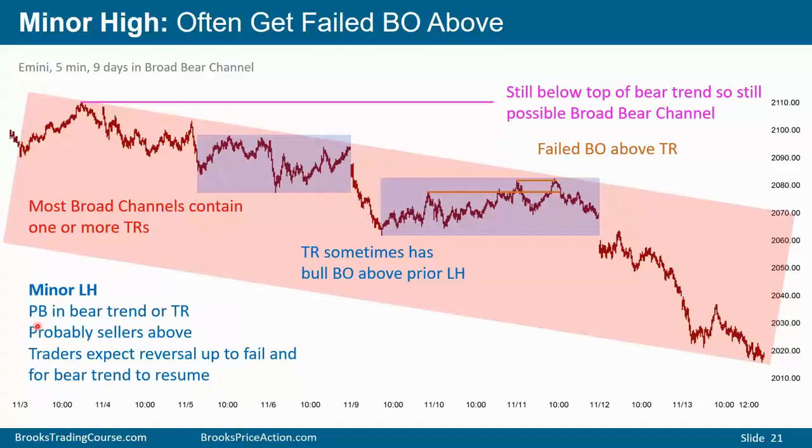Markets very often are simultaneously in a trading range, a bull trend, and a bear trend. And you don't know what the end result will be until you see what the bars to the right of the screen look like. Here we're in a broad bull channel, we're in a broad bear channel, and we're also in a trading range. That is very common, to have all three existing at the same time.